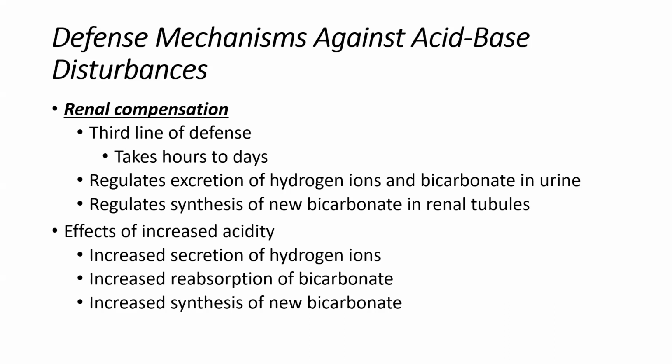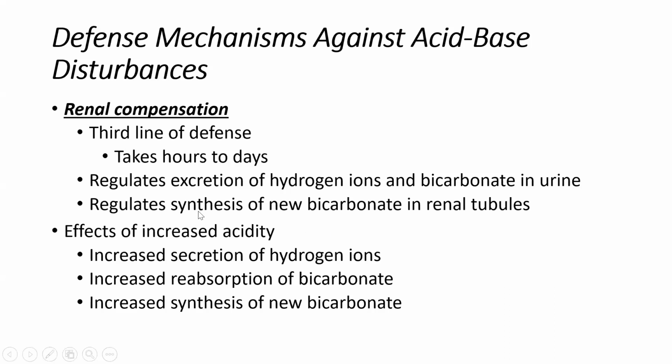moving it across the proximal tubule cell and back into the blood. And again, if we are in a state of acidosis, we want to hold on to bicarbonate, which is going to help to correct that acidosis. And then a third way that the kidneys can chip in and correct disturbances is by creating new bicarbonate. Across the epithelial cells of the tubules, the kidneys have a way of making new bicarb. So we can reabsorb bicarb from the urine, from the filtrate, but we can also create or synthesize new bicarb